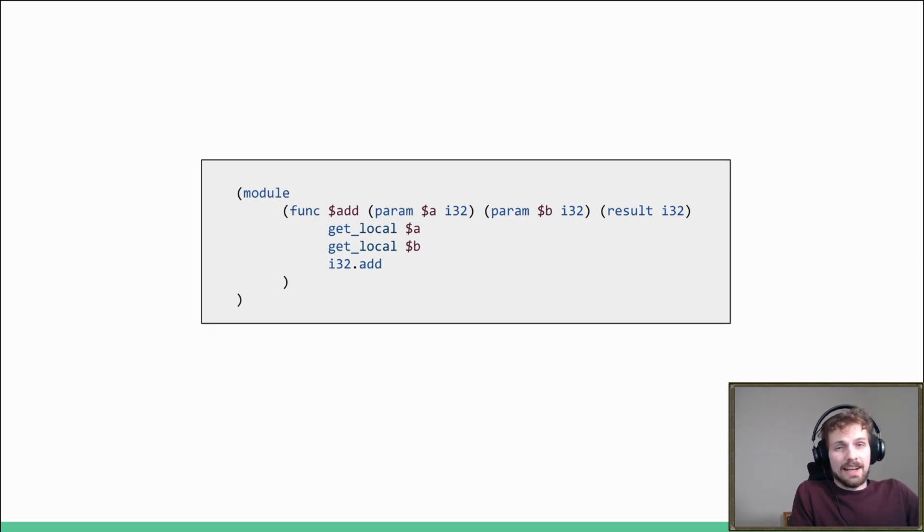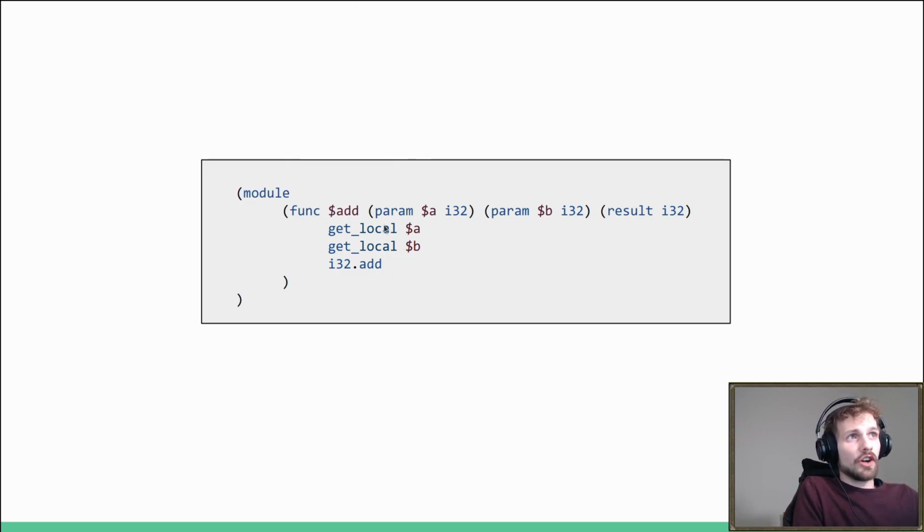WebAssembly is executed on a stack machine. So what do I mean by that? WebAssembly is an assembly language, a machine language. Machine languages are supposed to be executed by machines directly. So obviously this is not a language that your machine speaks. This is a language of an abstract machine. And this abstract machine is a stack machine. It works based on stack operations. And let me now just show you this by example. Without trying to explain it, it will become clear if I show you an example.